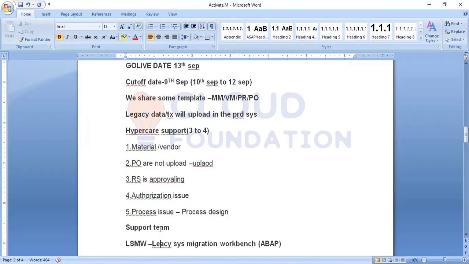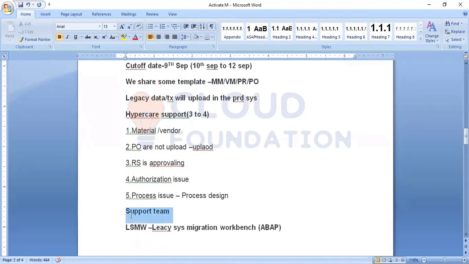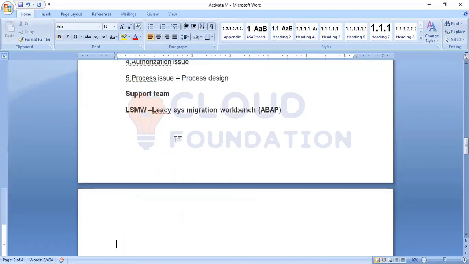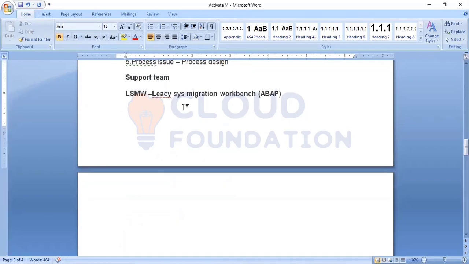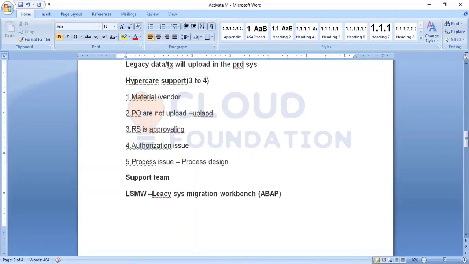Once this hypercare is done, we will hand over to the support team. The support team also works on the same tickets, but according to the SLA, the service level agreements. People will work based on priority. High priority, they need to close within 4 hours. Medium priority, within 8 hours. Low priority, within 2 hours. So these are the things we handle in support with the SLA.